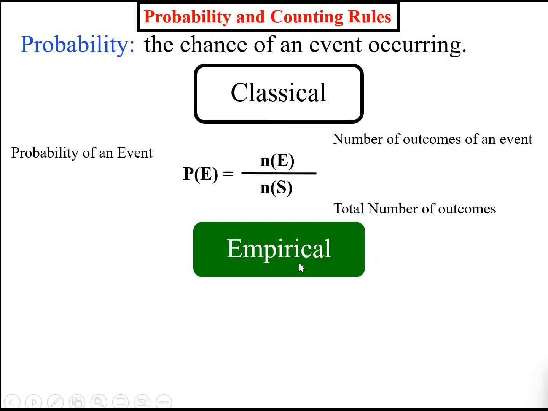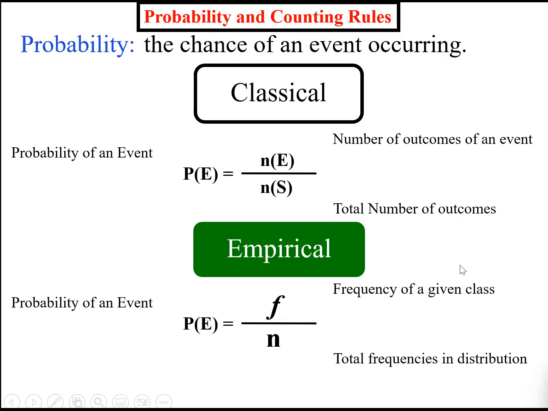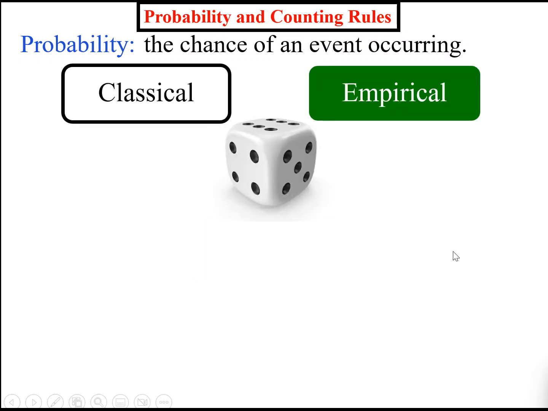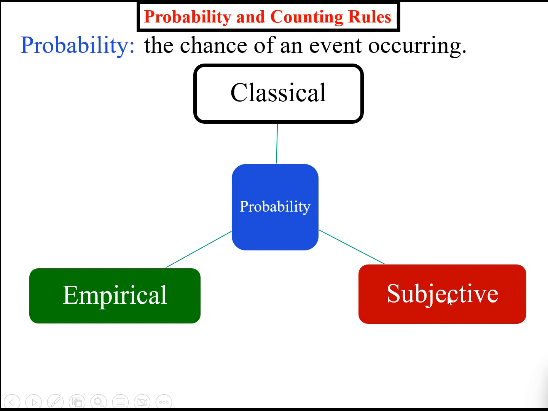Then from there we went to empirical after we did some exercise with a die, and we came up with another formula, which is the frequency of the class divided by the total frequencies in the distribution. We did that last week, and we did our table for both so that you can see the difference between the classical and the empirical. Today we're going to revisit, and we're going to visit now subjective